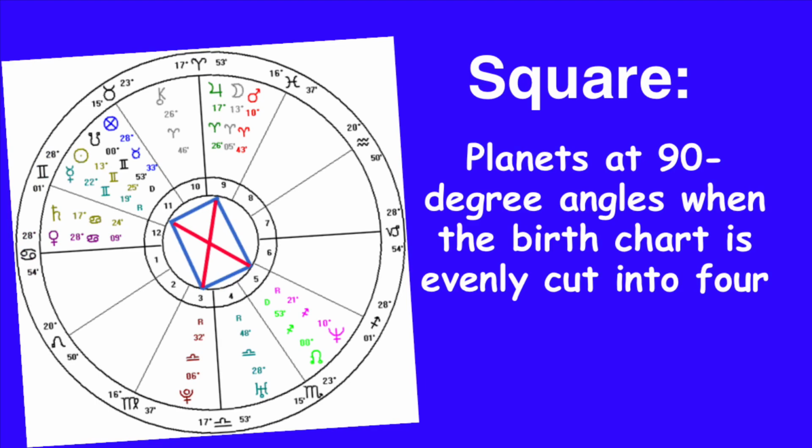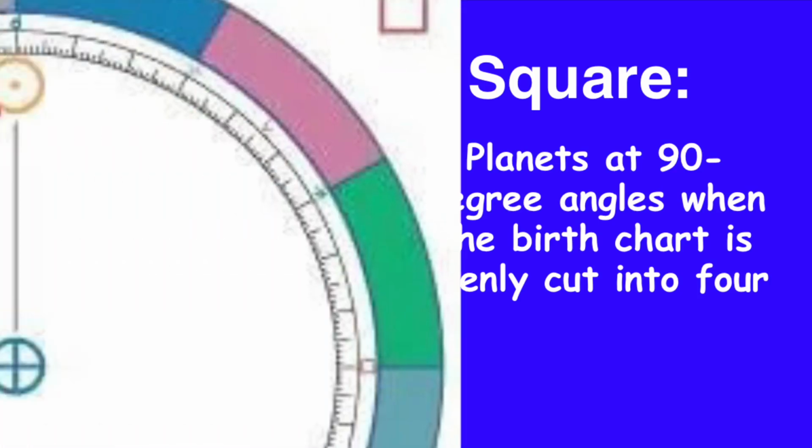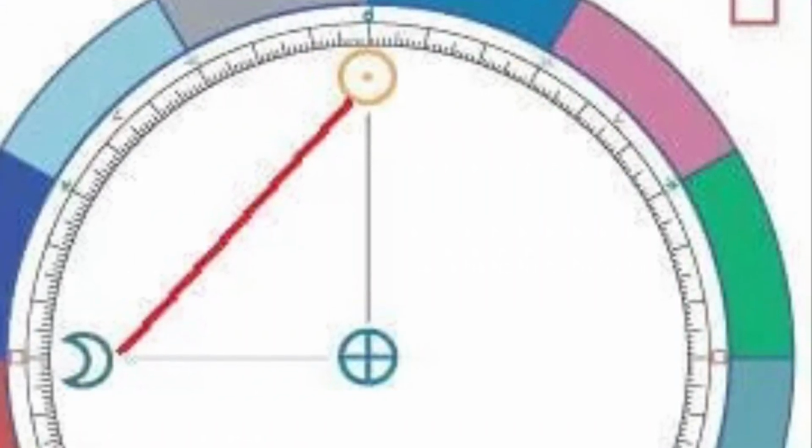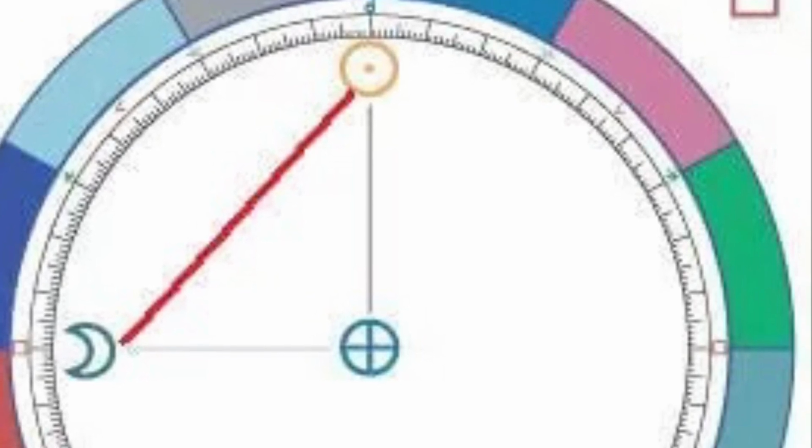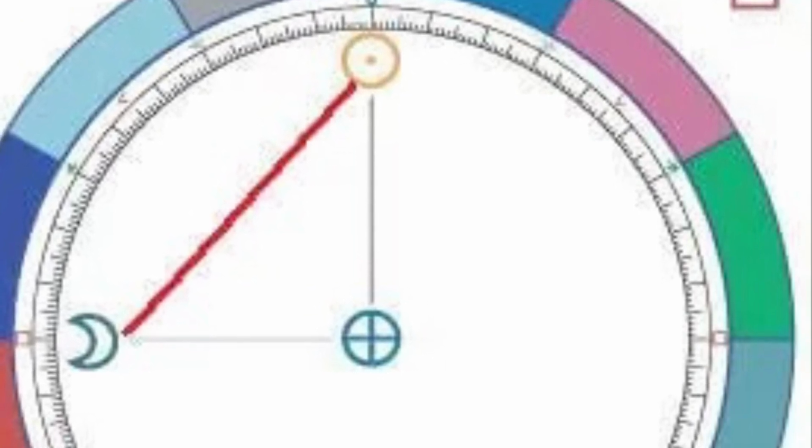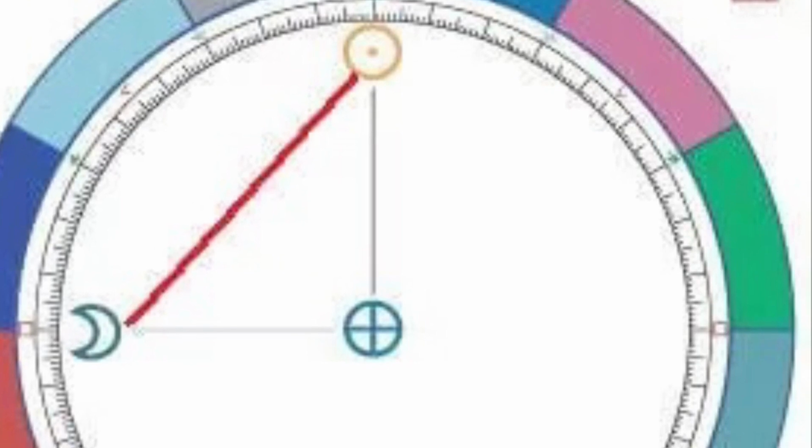The square is essentially any 90-degree angle between planets, which can be found when the birth chart is evenly cut into 4. Between each planet involved in a square are great challenges and conflicts. When the planets in our natal charts are square to each other, each planet becomes stressed. There is no easy win that is available to either of them, meaning each has to put in effort to